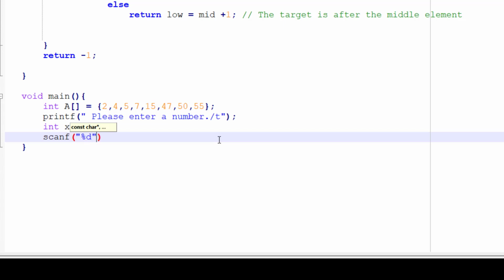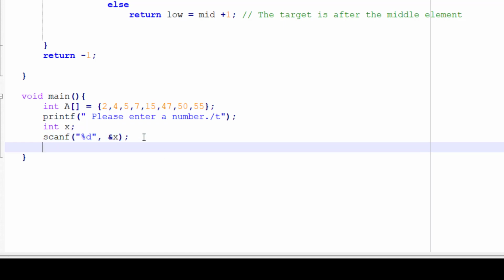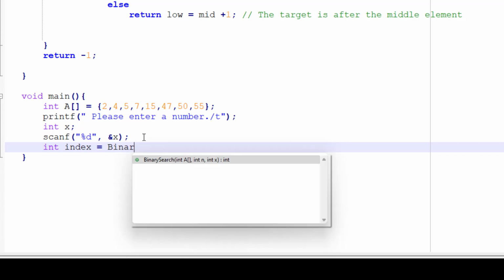So we're just going to use the scanf function just like that. And now after that we want to call our method to help us in doing the search. So we're just going to say int idx. So we are creating a variable called idx with the data type int, and we are assigning it the function, that is the binary search,